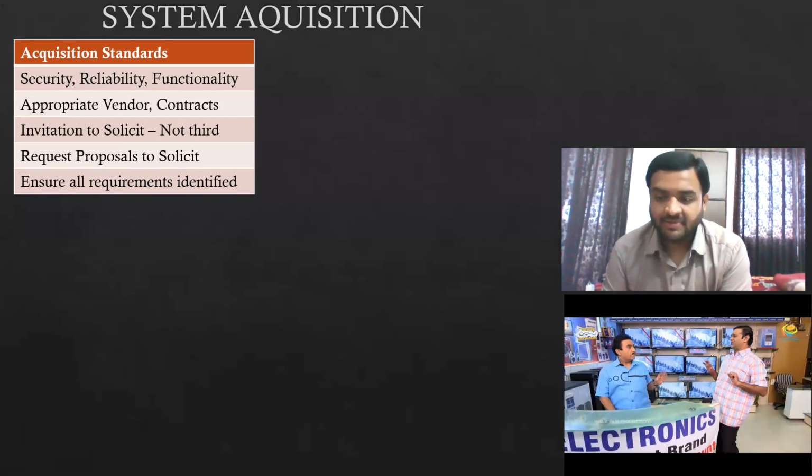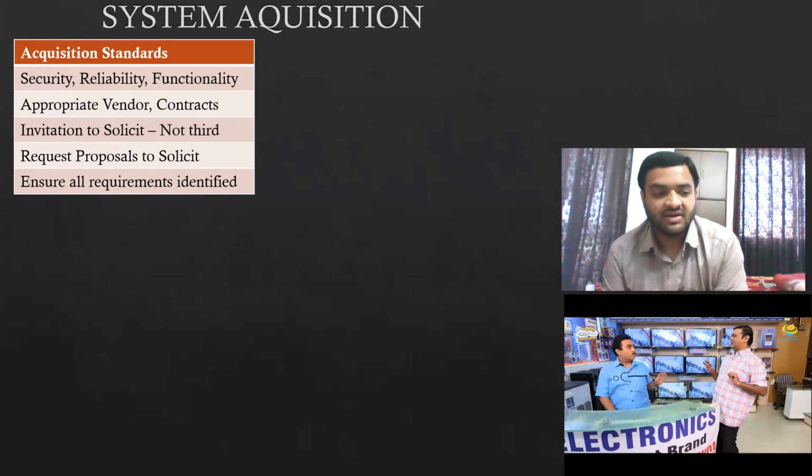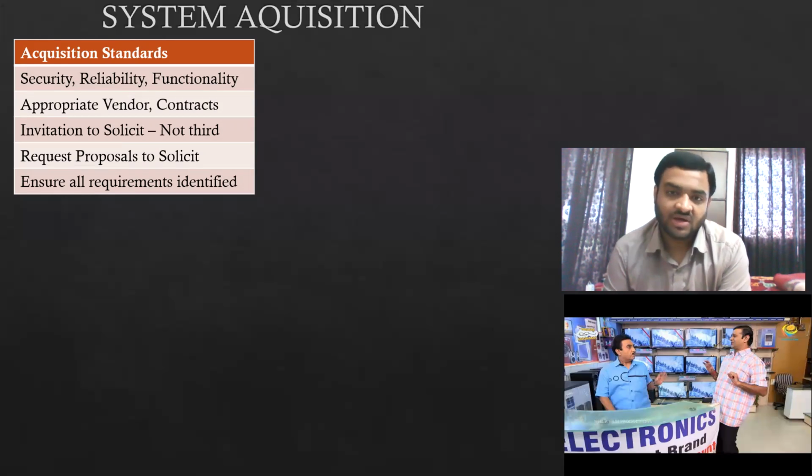What is this RFP again? The local vendors will prepare quotations. They will say that we cannot achieve all these requirements, but we will make sure that the majority of the requirements will be satisfied, and as per that, this is the pricing that we are giving. That is a request for proposal. Here, the only thing that we have to ensure is the three subjects: security, reliability, functionality, that all the requirements have been identified and in the contracts, all the requirements have been satisfied.